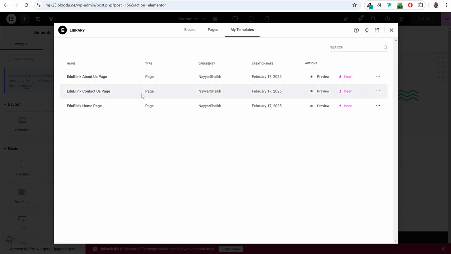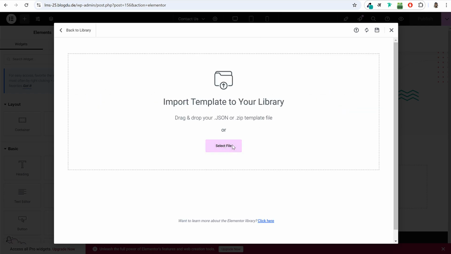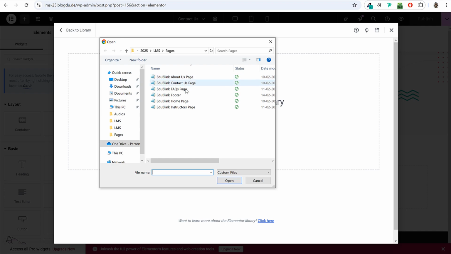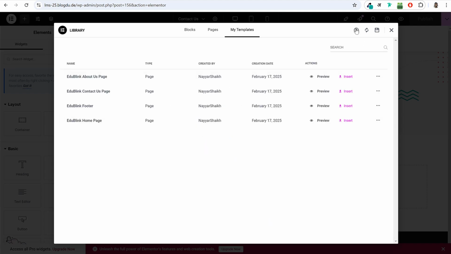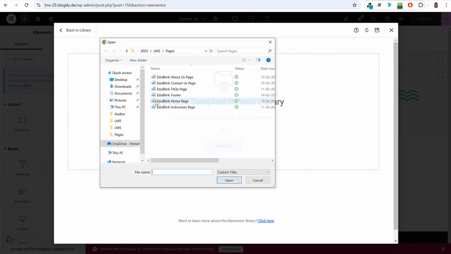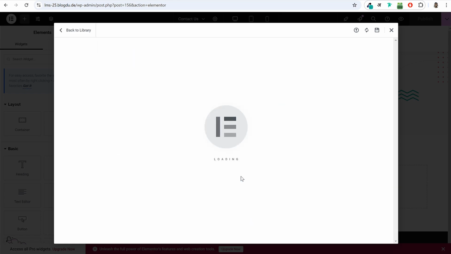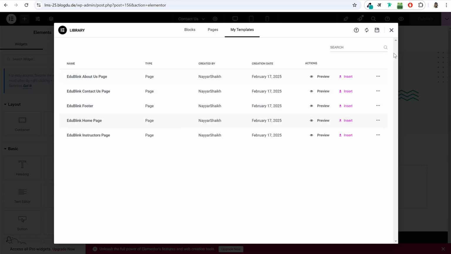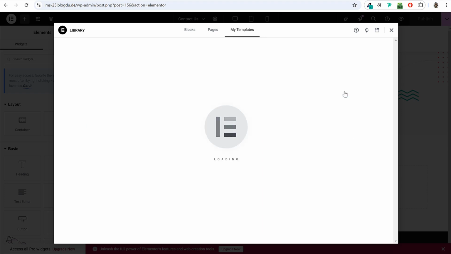Alright, so here as you can see, contact page is imported. Now again, click on import template. Let's see if anything else is left. Footer is left and instructor page is left. So click on footer, import footer. Once it is imported, again click on add template, import template, and finally import the instructor page template. Once everything is imported, this time we are creating contact page, so we can simply insert the contact page file